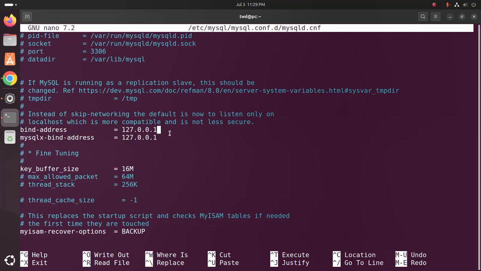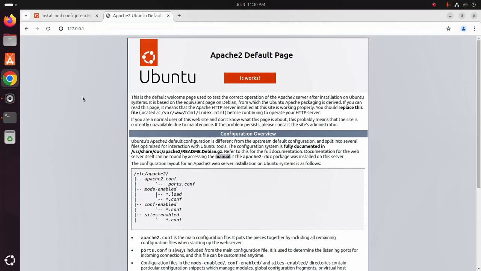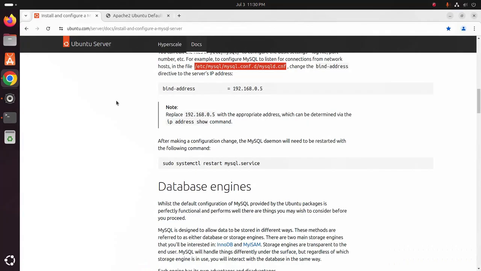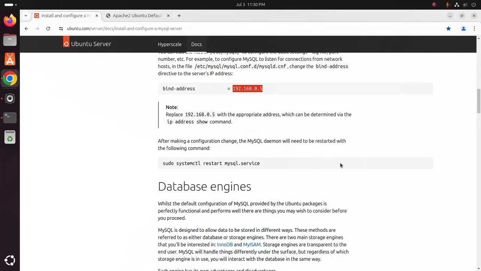You can access the MySQL server using the IP address. You can replace this IP address or this IP address with the appropriate address that you want to set, which